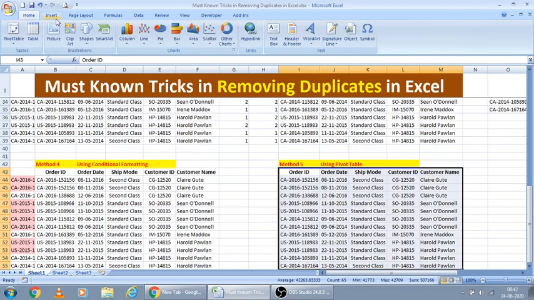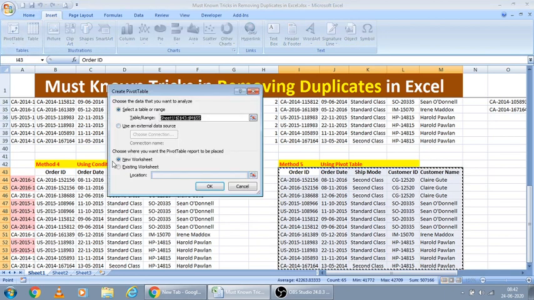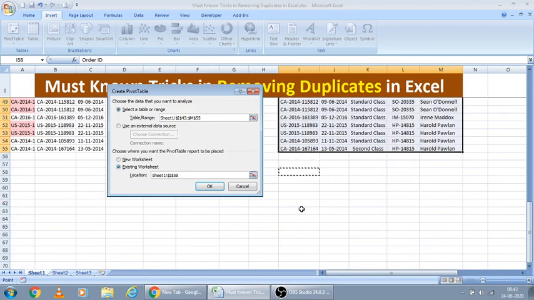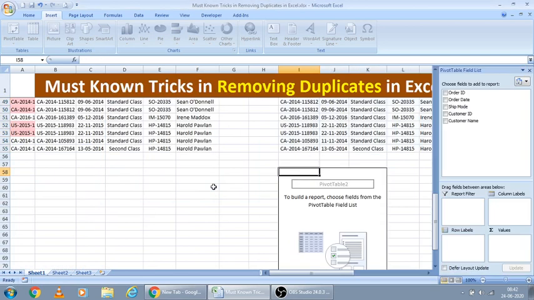Insert, pivot table. Here I am just selecting the location within the sheet itself, and just press OK.